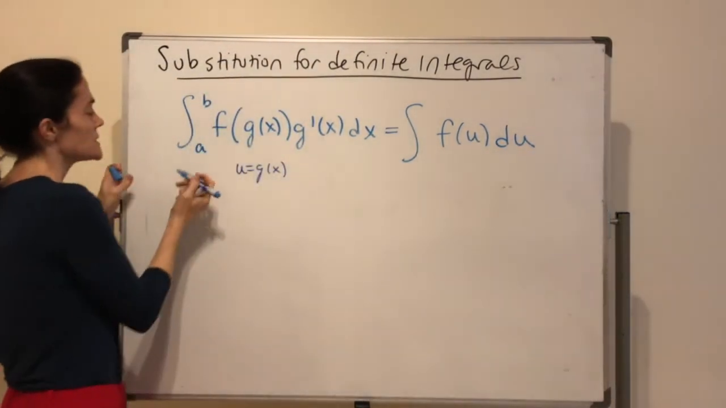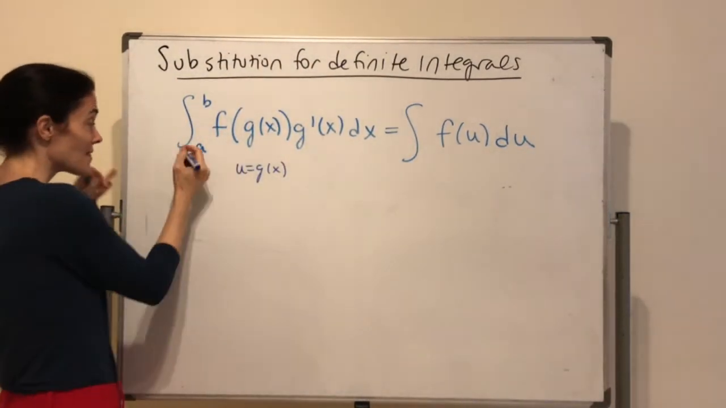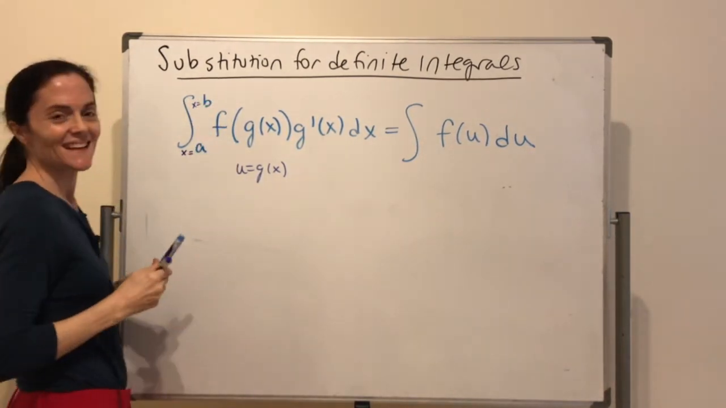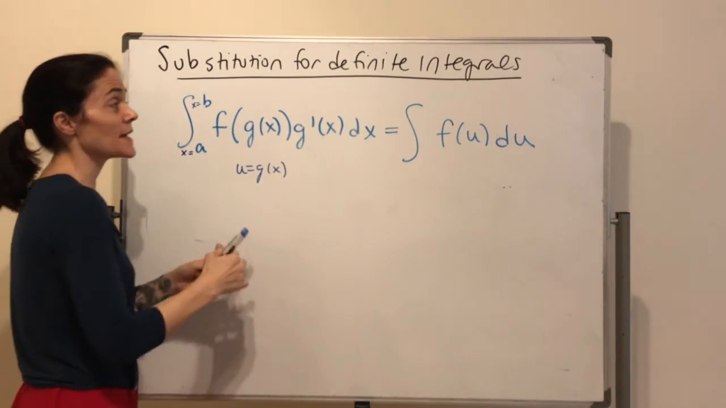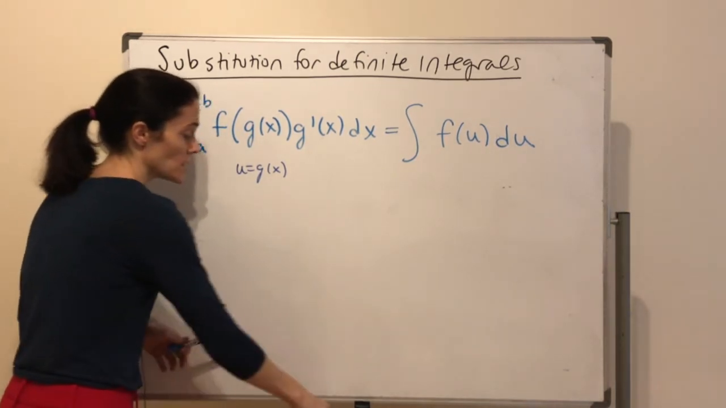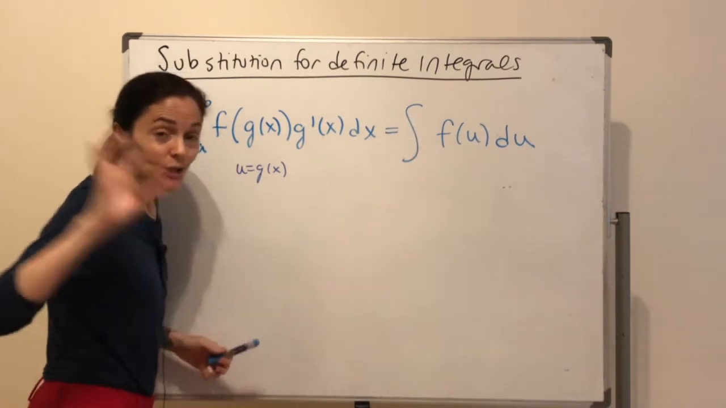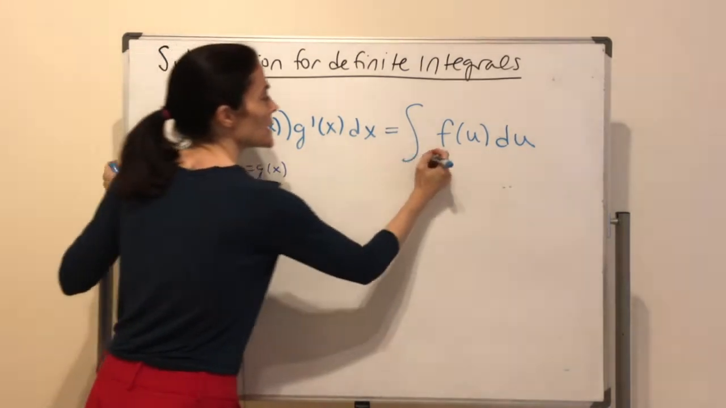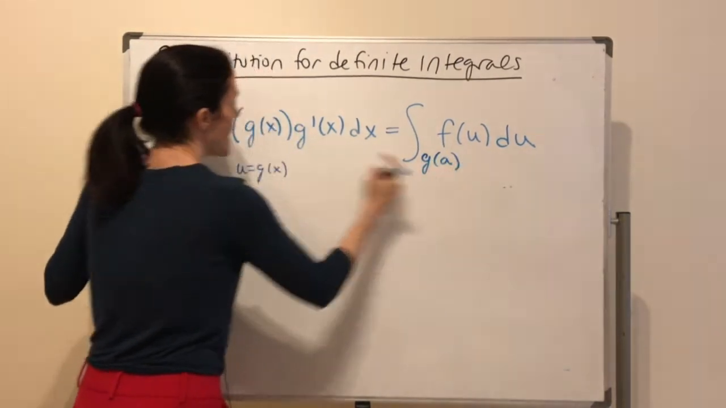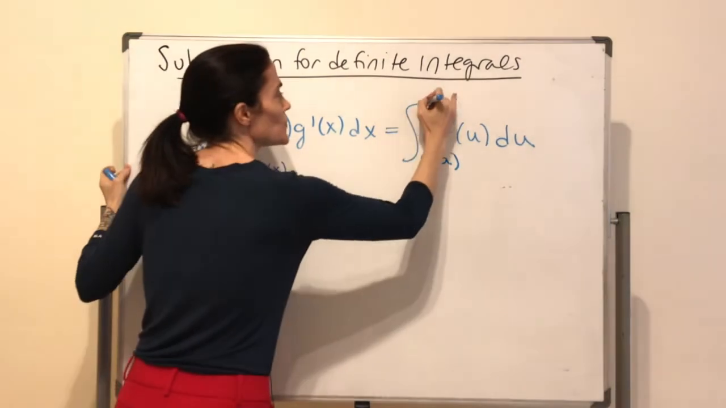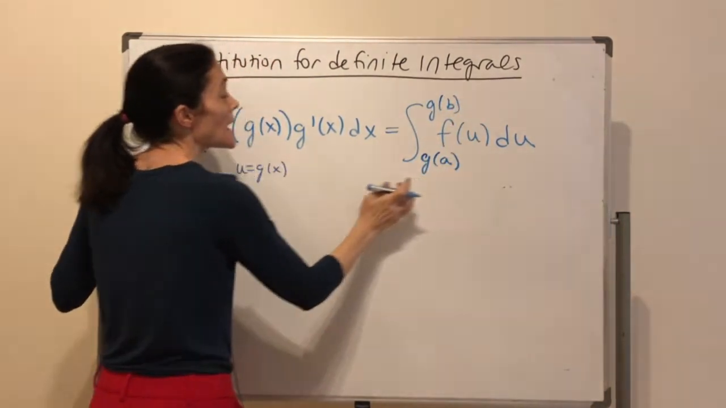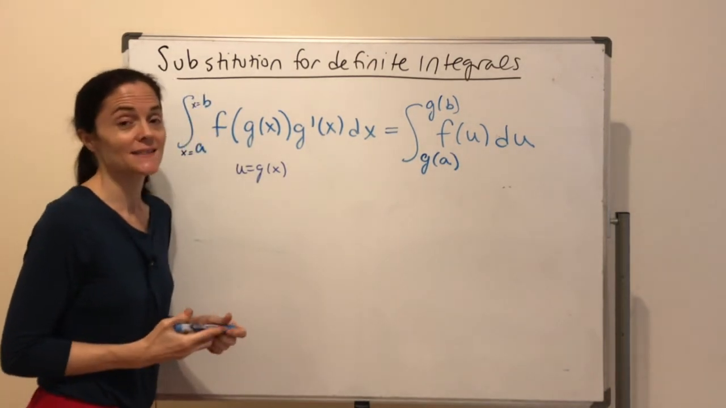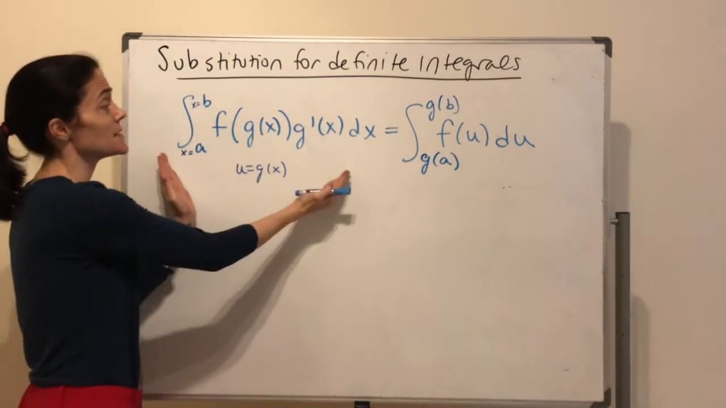But you see, really, this is x limit of integration, x limit of integration. And so over here on the right-hand side, these need to be u limits of integration. So u, when x equals a, would be g of a. And when x equals b, u would be g of b. And when you do it this way, you never go back to x, the original variable, because this on the left-hand